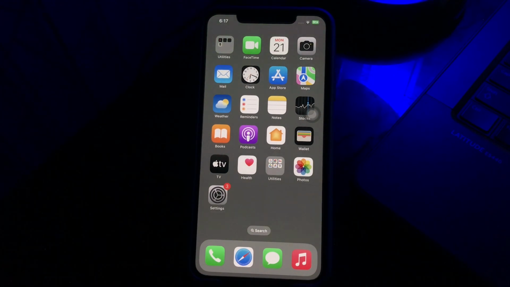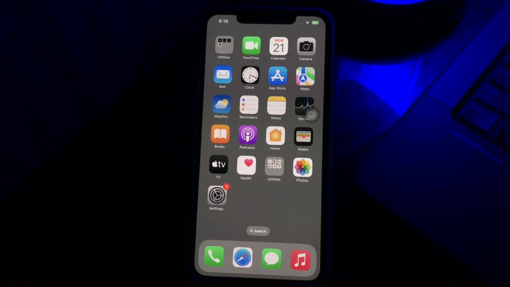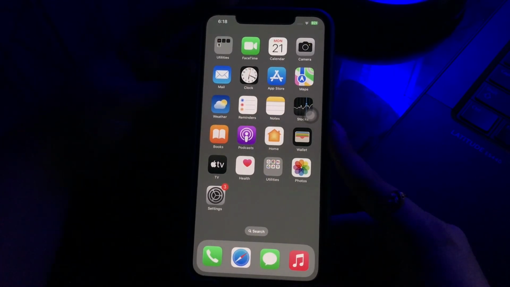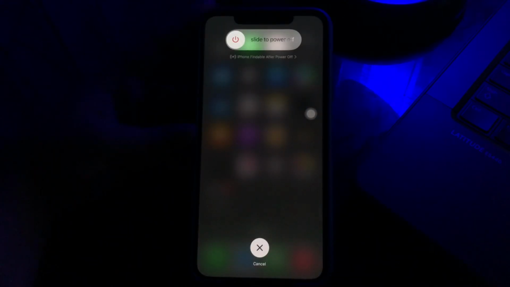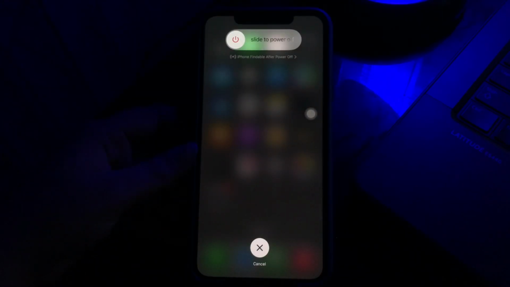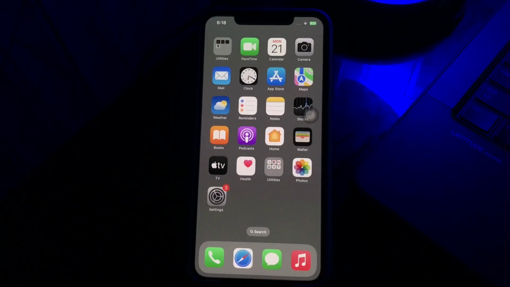And the next step is force restart the iPhone device. Several things happen within the iPhone if the user uses it carefree. If some internal minor issue occurs on the iPhone, this can be completely cleared by simply force restarting the iPhone. For this, you just have to press the volume up button, volume down button and then the power button, and then drag to the right side to turn it off. After some time, press and hold the power button until you see the Apple logo on your screen and you are done.